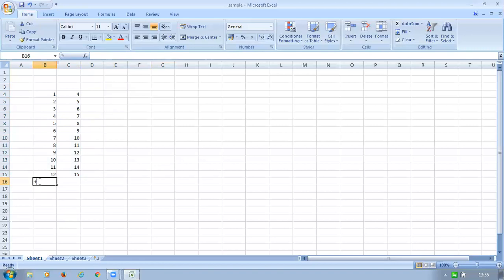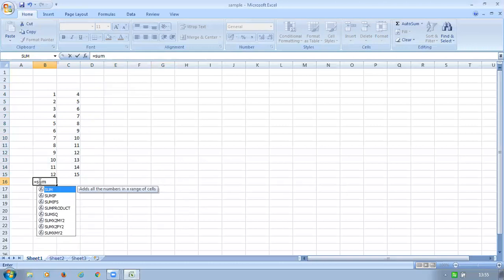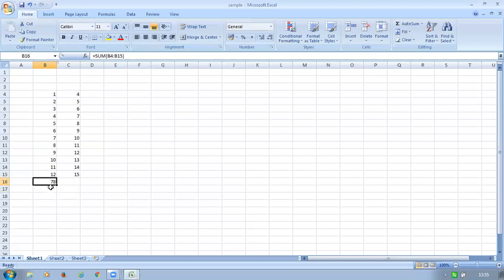First is equal to. Next, you type the sum. You want sum, you type the sum. Just open the bracket, select the numbers for which you want the sum. From the top we have to draw like this. So select all these numbers. Then close the bracket, just enter. This 78 is the sum of the above numbers.